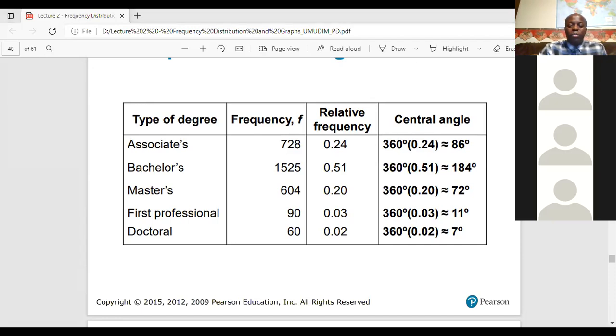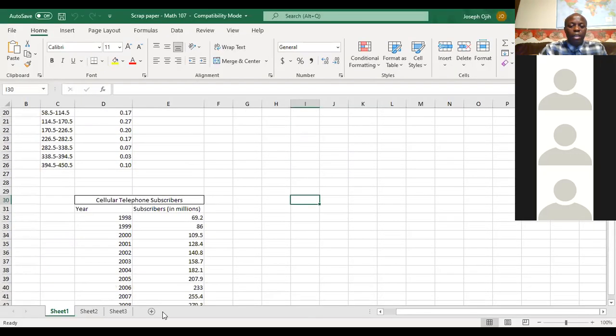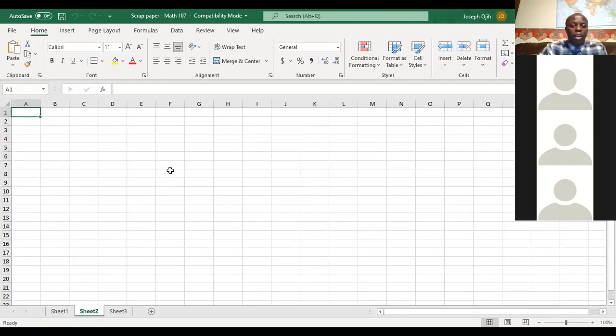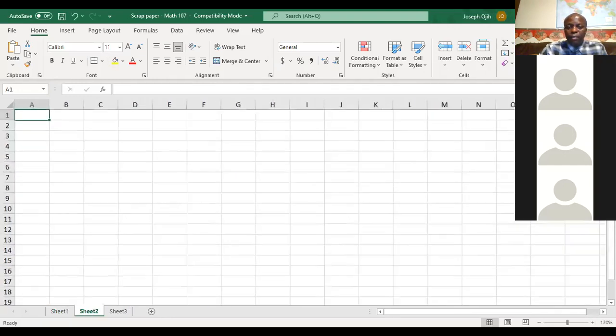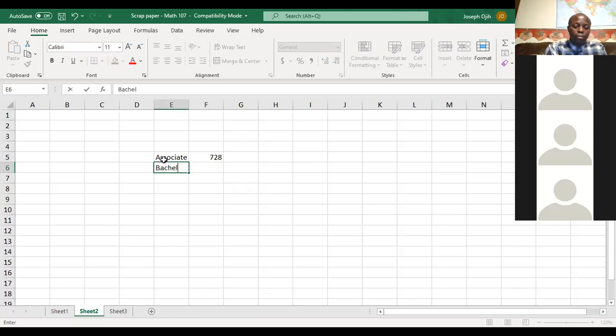The good news is that we now understand the principle behind it. I'm going to go to the next sheet and make it a little bit bigger. That will save you a lot of time. We have the associate degree, 728. Our bachelor's is 1525. We have master's